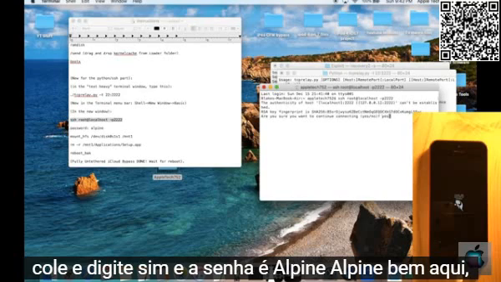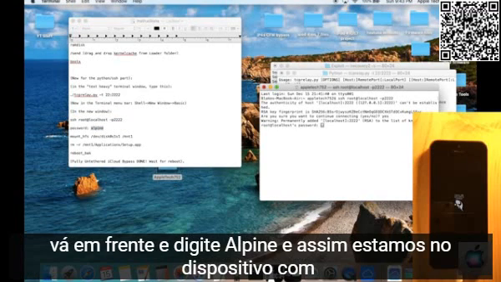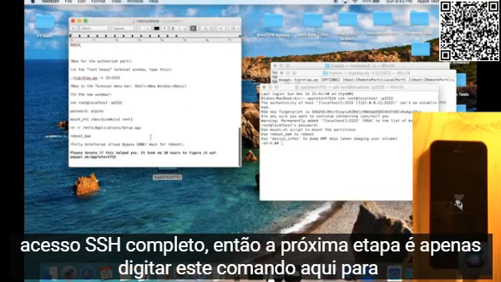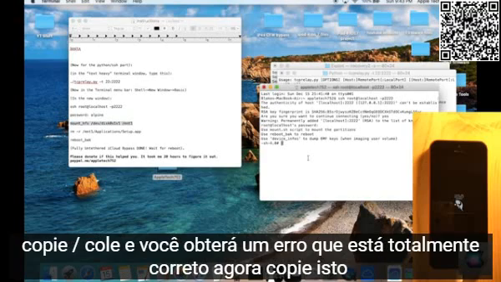And now type in yes. And the password is alpine right here. So go ahead and type in alpine. And just like this, we are into the device with full SSH access. So the next step is to just type in this command here. So copy, paste,